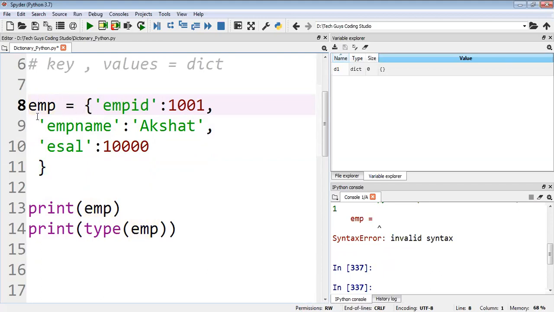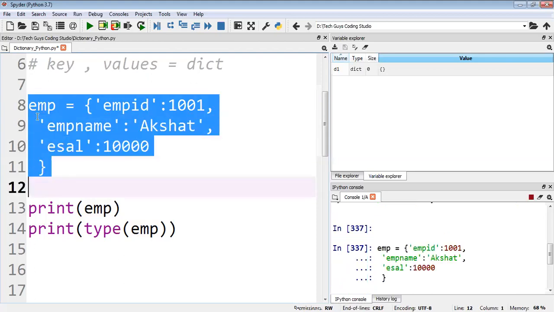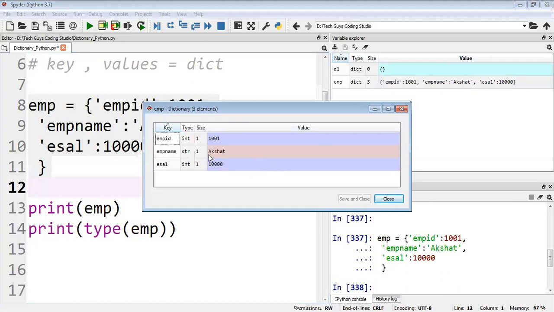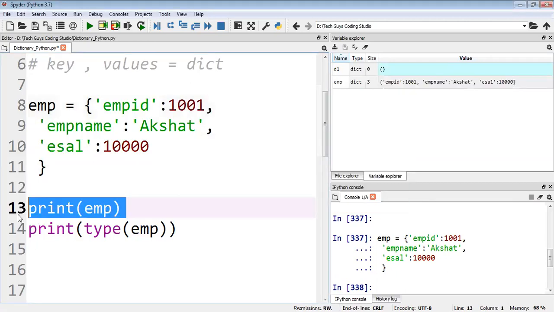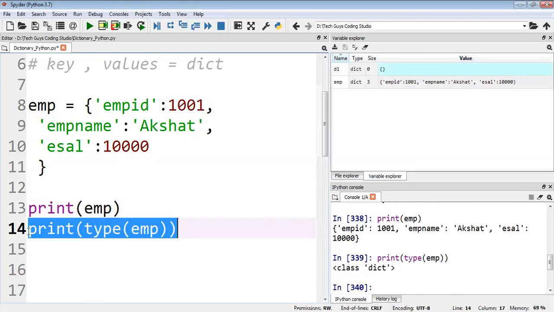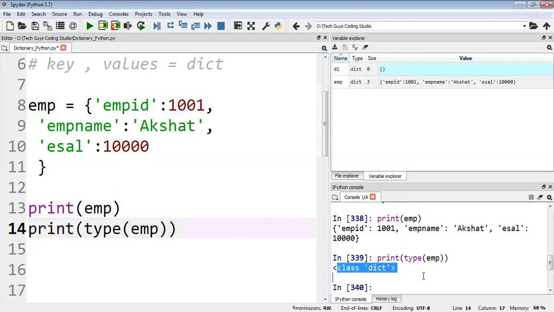Okay, now it's executed. We can see our dictionary is created. This is key, this is value; this is key, this is value; like this. See, it's created. The type is also dict.